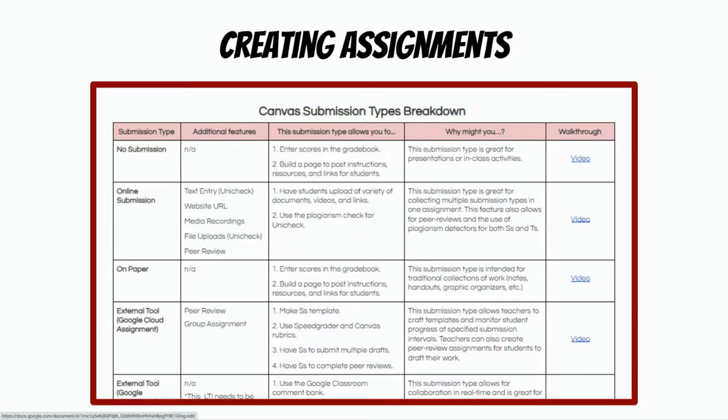So anytime you create an assignment, something that is going to be graded and is going to go into your Canvas gradebook, you have to tell Canvas what type of submission students are going to complete for that assignment. So kind of a shift in thinking when using Canvas versus Google Classroom. I really only put digital assignments in Google Classroom. However,